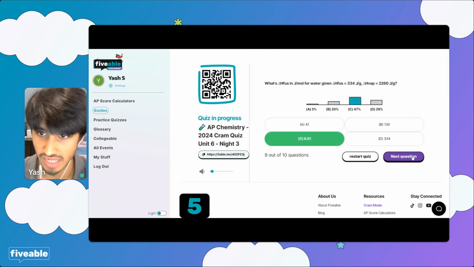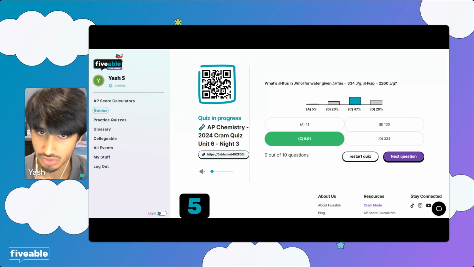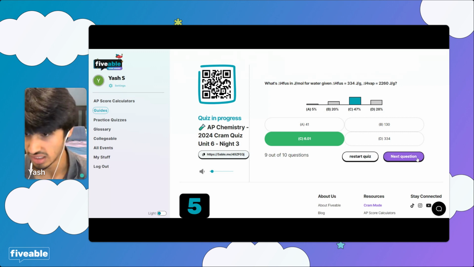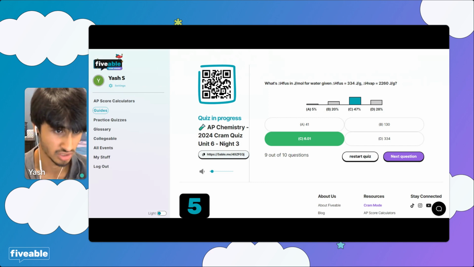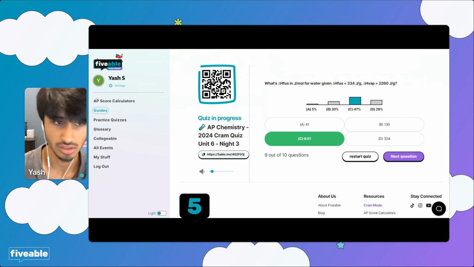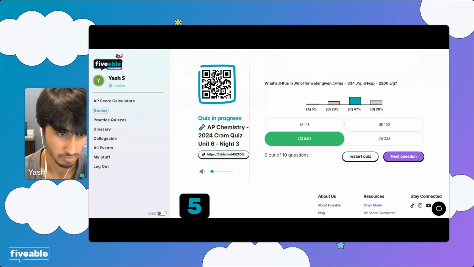All right, seems like less than half of us got this question right, so let's take some more time to go through it. So heat of fusion is, again, the heat it takes to melt, to go from solid to liquid, right? We have one more unit left. Immediately, the heat of vaporization is extraneous info. We can just cross that out on a piece of paper. We don't need that, right?